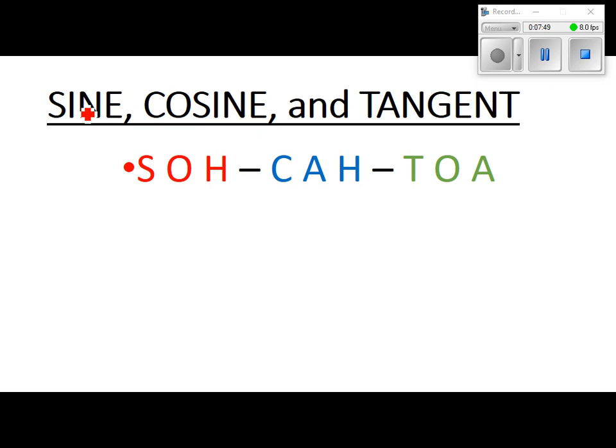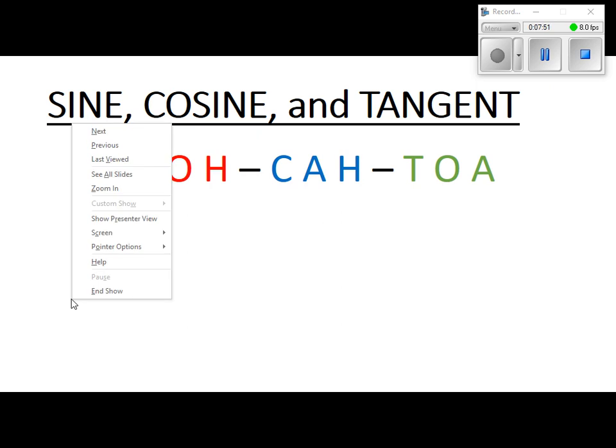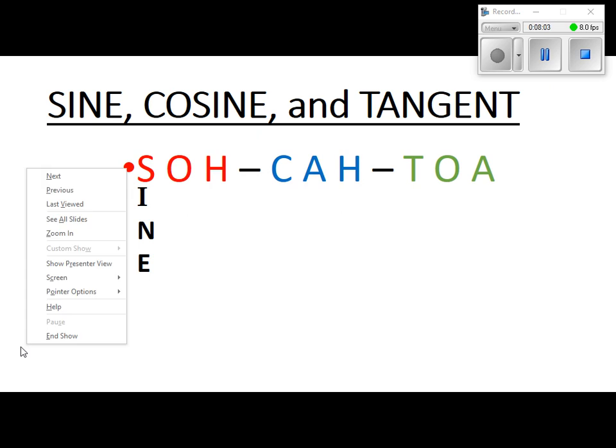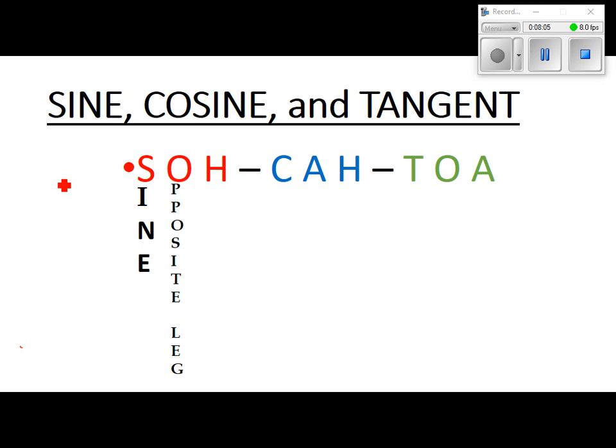You're going to click the board. The S stands for sine. On your calculator, that's the SIN button. The sine is always, go ahead and click the board, the opposite leg